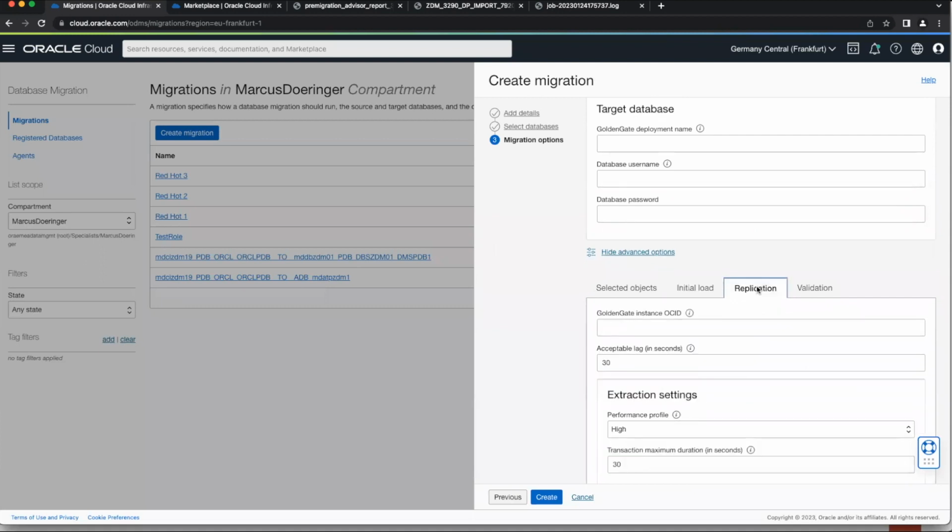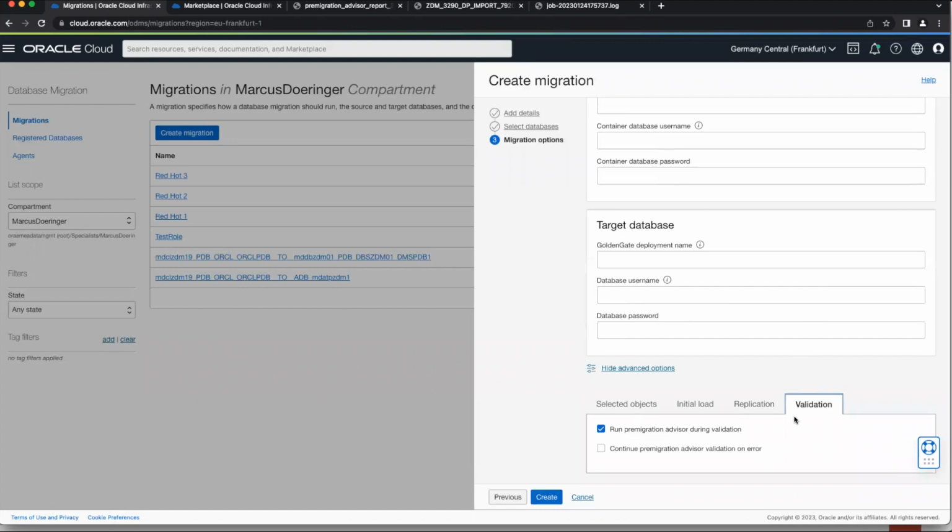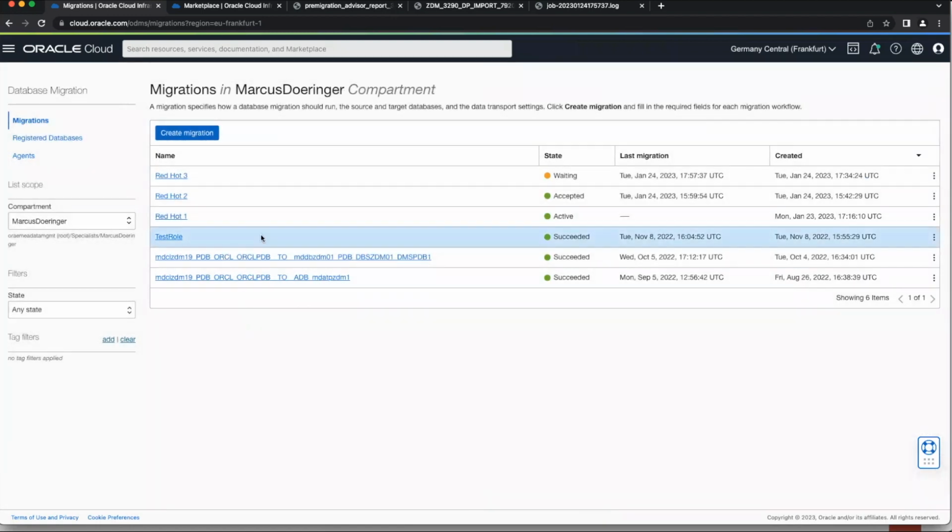And then we have some parameters we can specify for the replication for GoldenGate. We will skip that for now. There's some tuning for GoldenGate. And here is one important point also for the validation. Here we can specify to run the CPAT, the pre-migration advisor tool, during the validation. And also if you want to continue, if we face some issues or errors during the run of the CPAT. Then we click create,